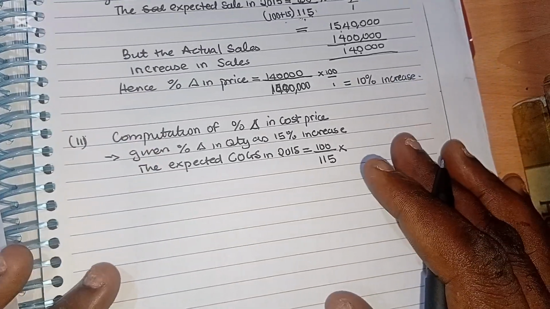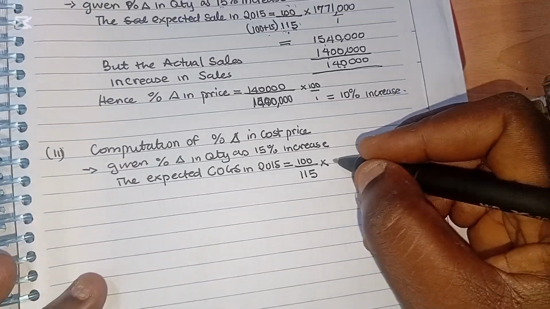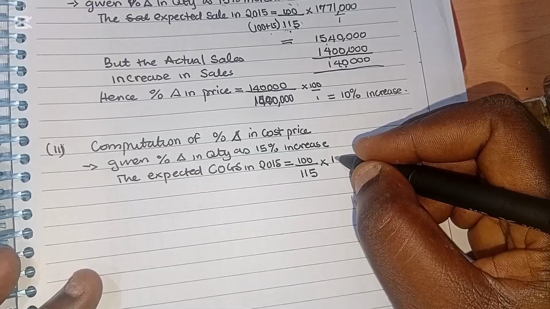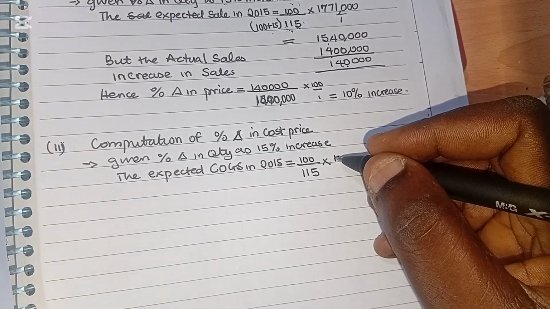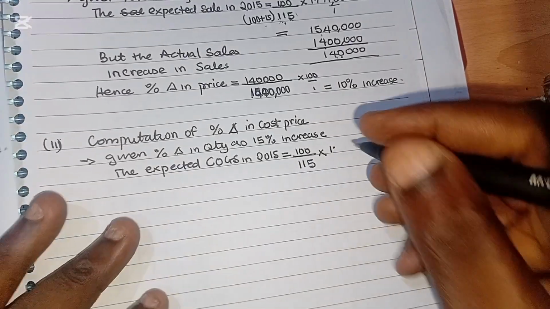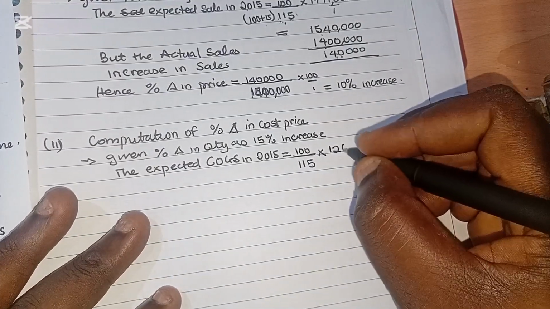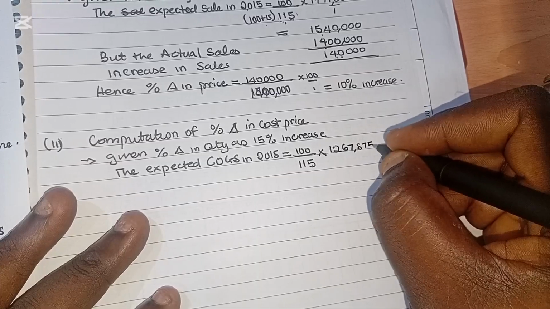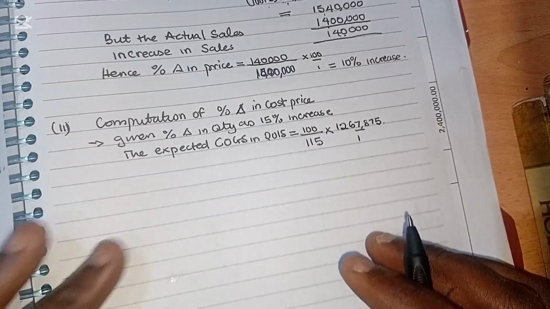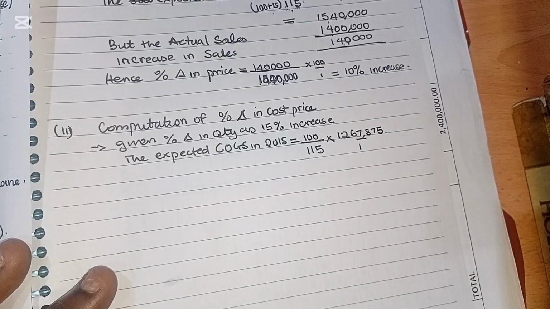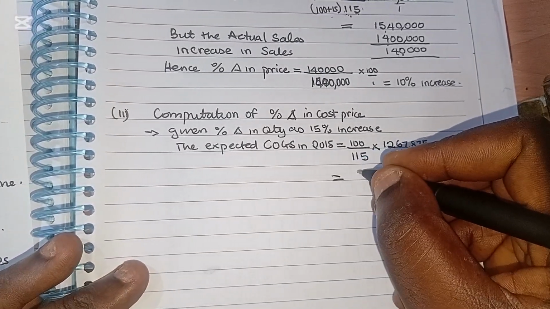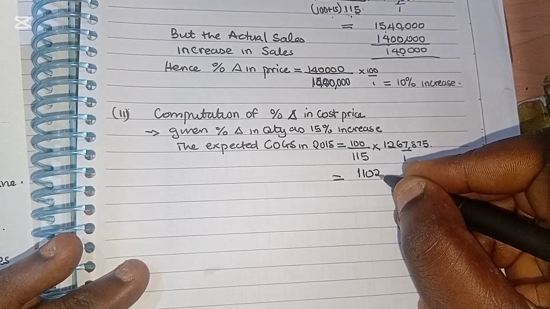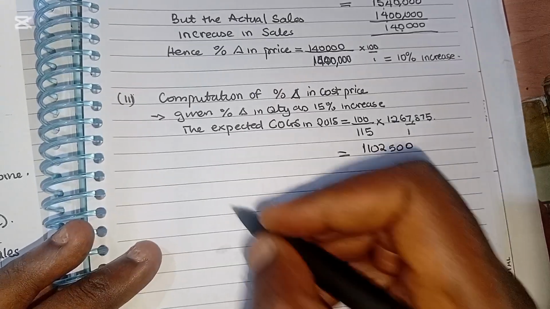So multiply by 267,875 divided by 1. Okay. Now, when you multiply this, what do you have? So I'm having 1,102,500, but the